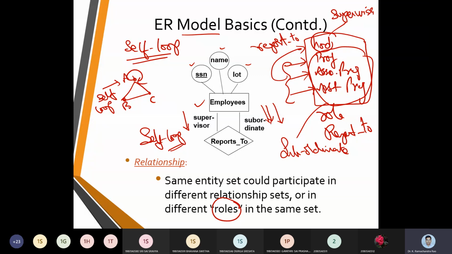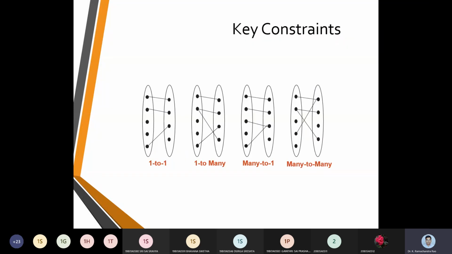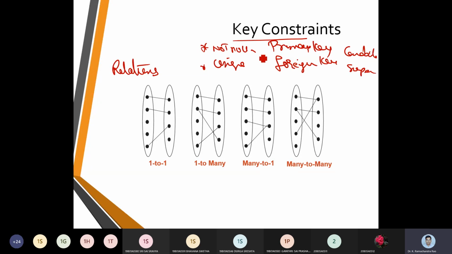Now, in the ER diagrams, when we bring up key constraints, there are ways where we need to put up the relations. When we talk about key constraints, it should be not null, or unique, or a primary key, or a foreign key, or a candidate key, or a super key, whatever we call. So now we have a set of key constraints.